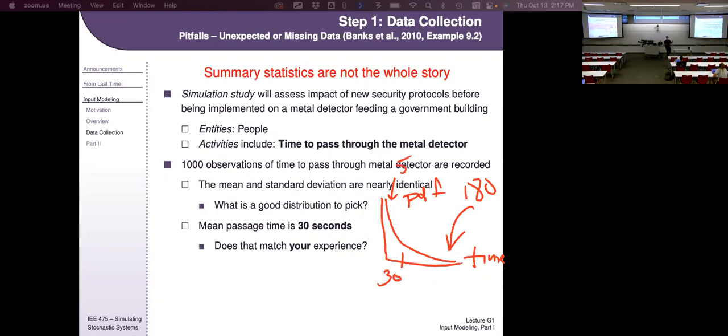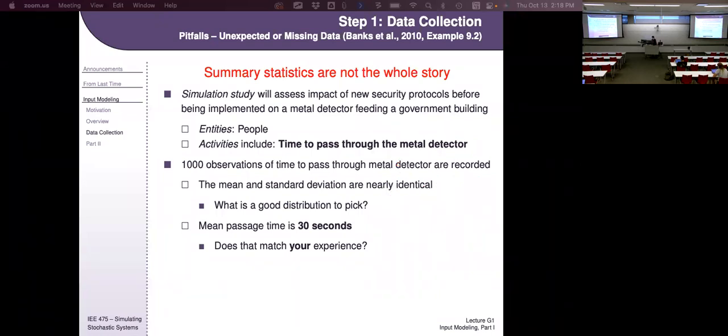So you might think 30 seconds seems a little long for me to walk through a metal detector, but it might be viable. But when you look at this distribution, you'd say it's not going to take you 3 minutes to walk through a metal detector. So it makes me question whether an exponential was the right choice. Summary statistics alone can lead you down a bad path, which is why we typically